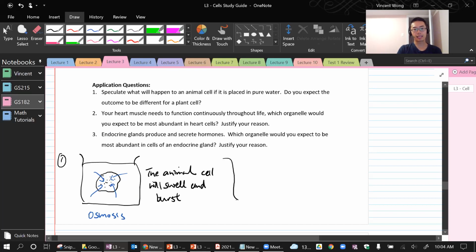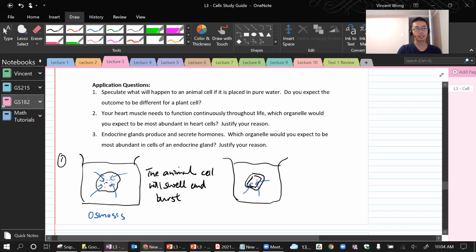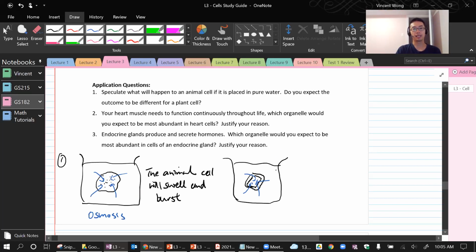Plants, on the other hand, are not going to have this problem, okay, because plant cells have the cell wall. So when the water goes in, right, the central vacuole will absorb it all, and the cell wall will protect the cell from bursting. In fact, plants, as you know, you've got to water your plants, right? Otherwise they wither. So that water pressure will help prop up the plant. Okay, so a plant cell will not burst. In fact, it will be very happy when this happens.